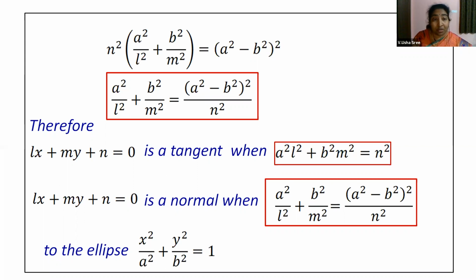Now, when you know the slope of a line and when you know a square and b square values from the ellipse equation, and of course the constant c from the straight line equation y is equal to mx plus c, then you can write c square is equal to a square m square plus b square also. Okay, so either way when you solve, it comes to the same point. Only thing is, it depends upon the convenience of the person who is solving the problem. According to the problem, we will try to make use of the different forms of the straight line.